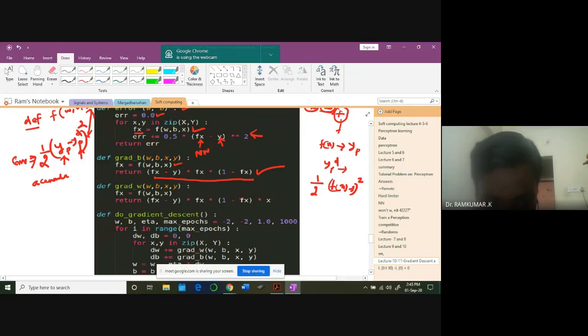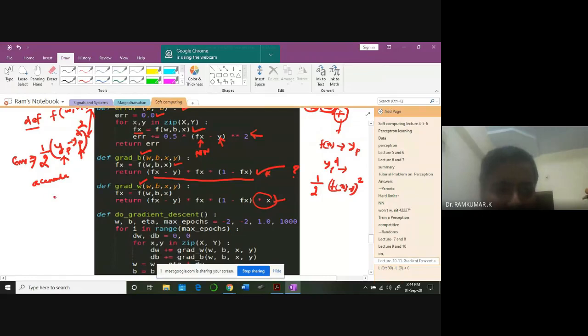Anybody having difficulty with how you compute the gradient? Once you compute the gradient, what do you do? For both bias and weight, you are computing the gradient. That's important. For both the values, it is the same. The gradient is f of x minus y into f of x into 1 minus f of x into x. But for weights, you get the multiplication by x. For biases, you won't get the multiplication by x. That's a key point that you have to understand. Can you tell me the reason why we are getting it like that? Anybody? Rubaran?